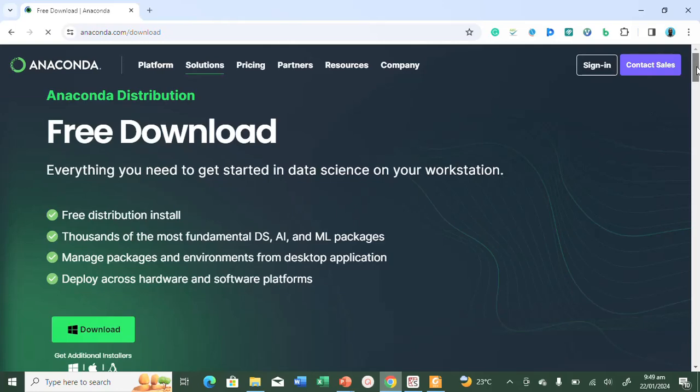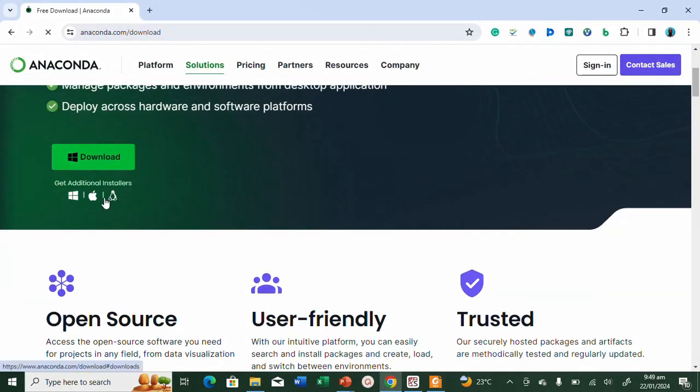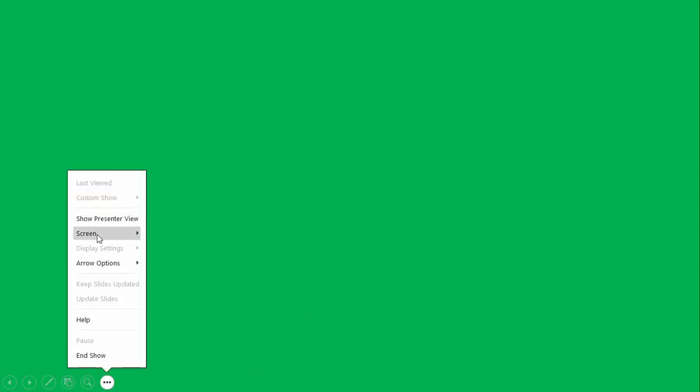But if you're not using Windows, you can go to Apple, if you're using an Apple laptop, or Linux. But we're using Windows. I've downloaded this application. You just download and install it on your system. And when you install,